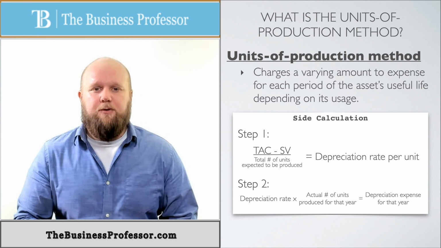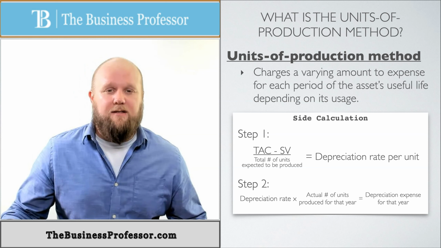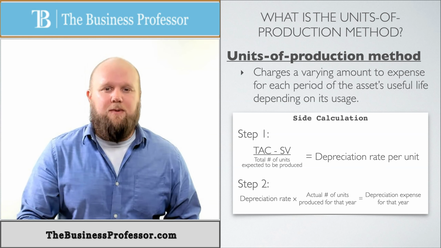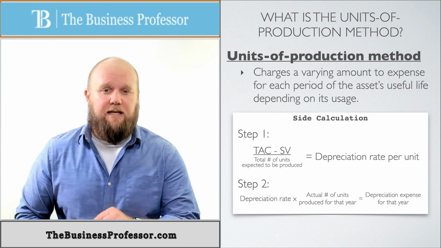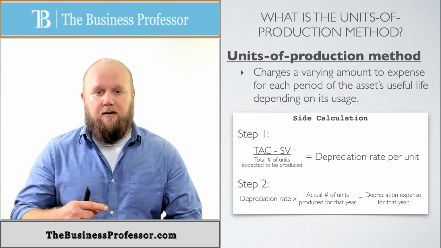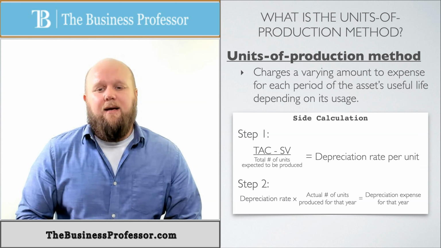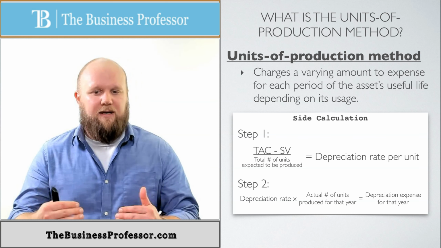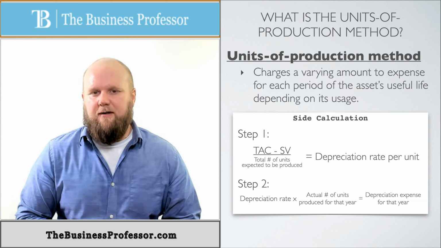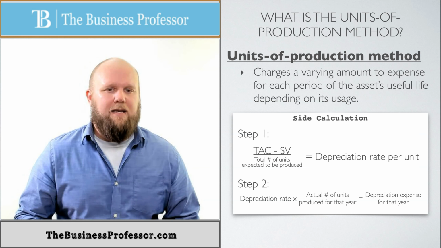So if I think I'm going to produce 120,000 over the life of it, maybe in the first year I only produced 40,000 miles. So I'll take that rate and multiply it by the 40,000 miles, and that'll tell me what my depreciation expense is for that year. And I'm going to keep doing that year after year using whatever the actual number is and that rate. It is important to understand that that depreciation rate, once you calculate it, you're going to use for each year. So you're not going to change it after each year. Once you find that in step one, you're done. You're just going to use it multiple times in step two.